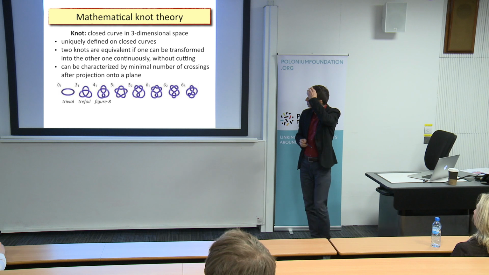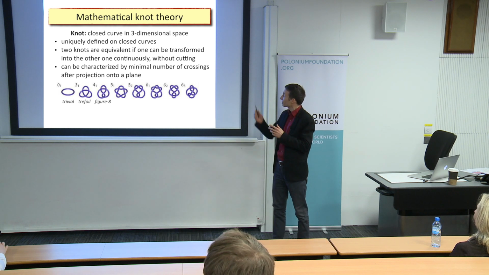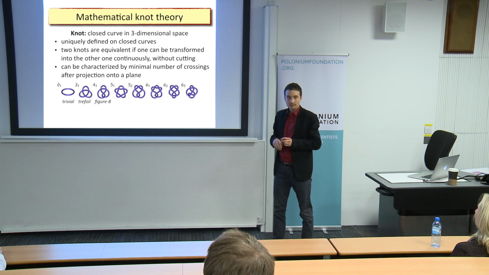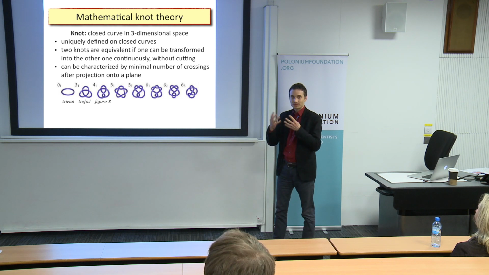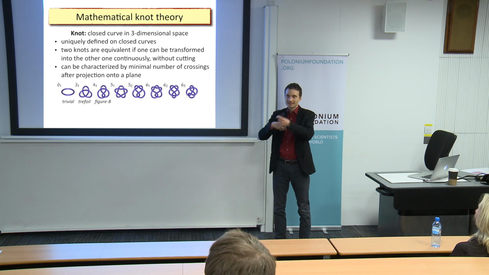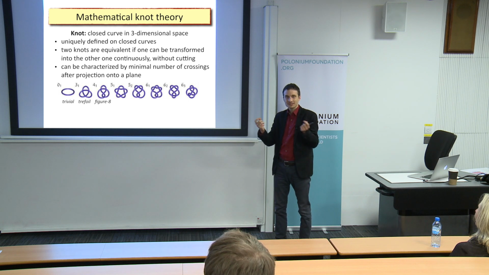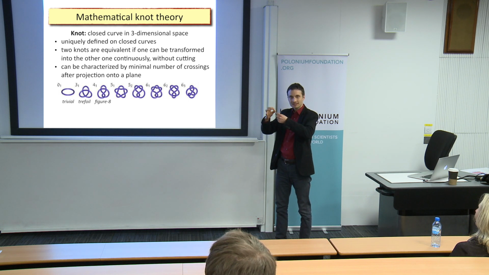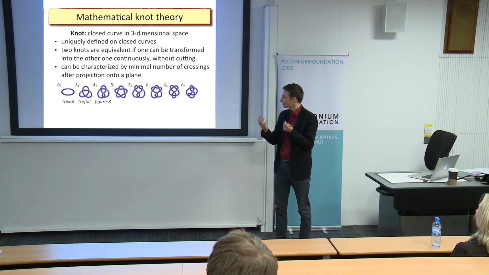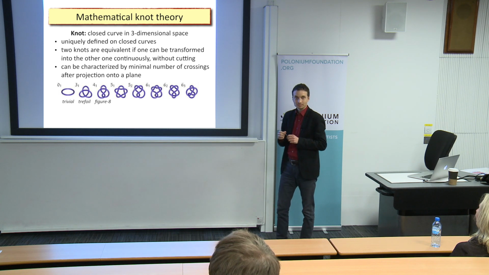So more precisely, knots are curves in some three-dimensional space. And first of all, they have to be closed, because mathematicians would like to define them somehow uniquely. So if you have a piece of a rope which has open ends, then you can untangle it somehow easily in a smooth way. But if you connect the ends, then you have some structure which you cannot disentangle without cutting that. And such structures can be classified in some way.